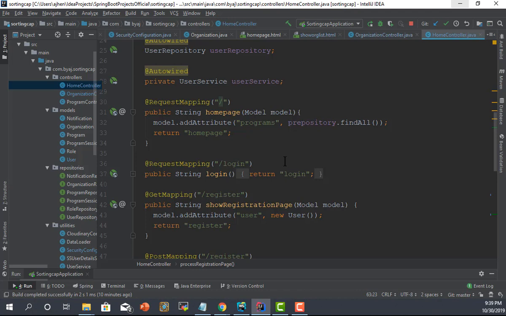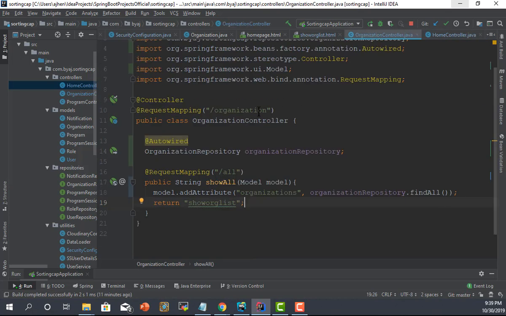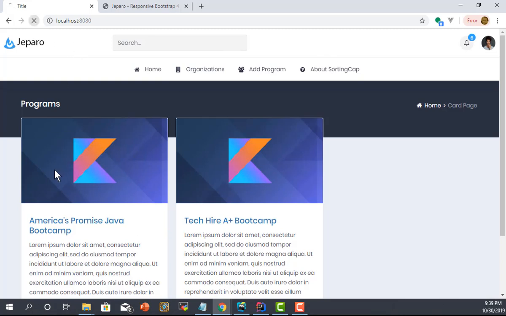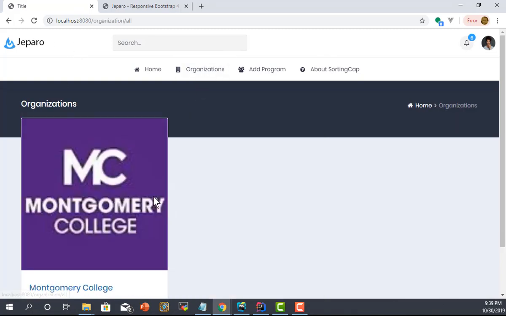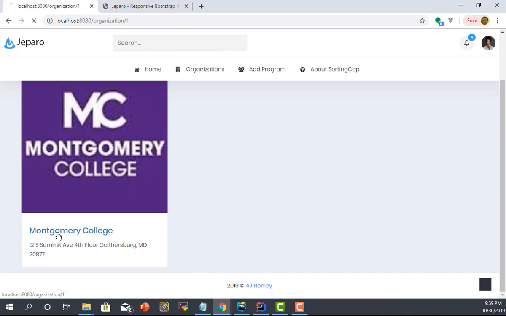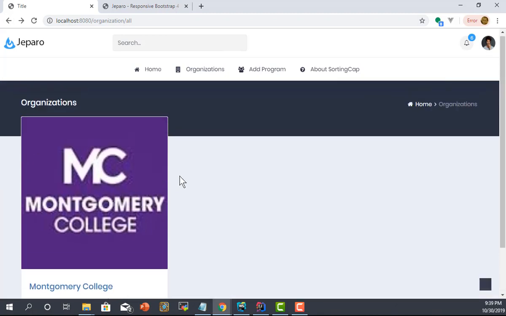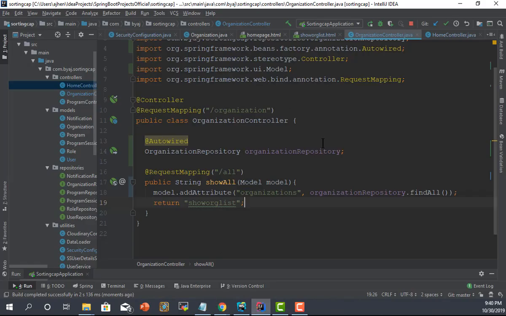At some point I'm going to have to put the notification stuff in so that can flow through every page. But for right now, it looks like we're in good shape. Let's go ahead and run our application. Yeah, this page is fine. Organizations, Montgomery College, hot, and then it goes to the detail page, but there is no detail page for organization yet. Fine, but so far so good. This is what we had in there, and so that works. So if we go back,